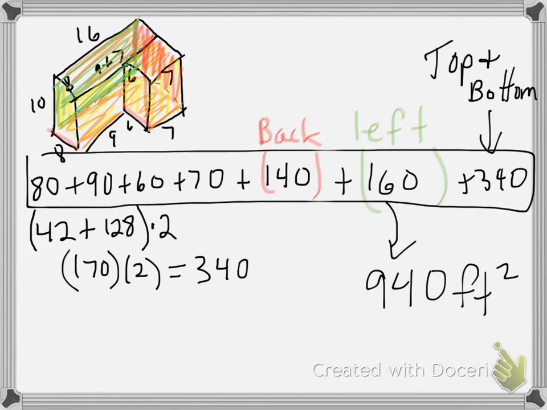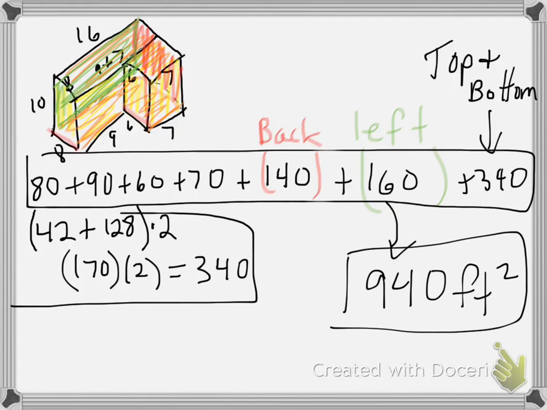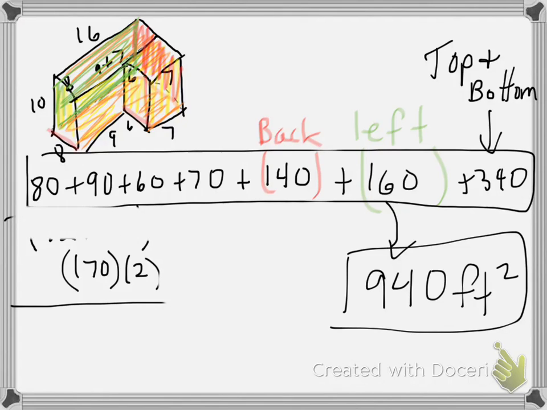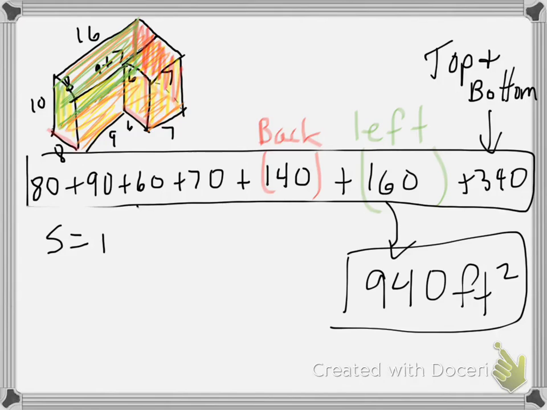The other way that somebody did it is you want to use the formula. So let me put a line here. I'm going to get rid of all that. This is a prism, so you could have used the formula: the total surface area of a prism is